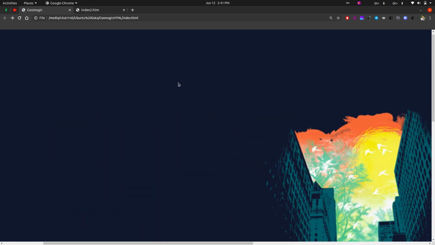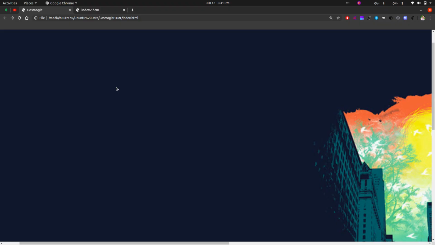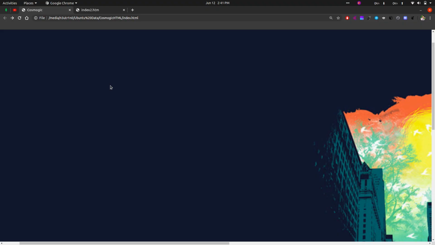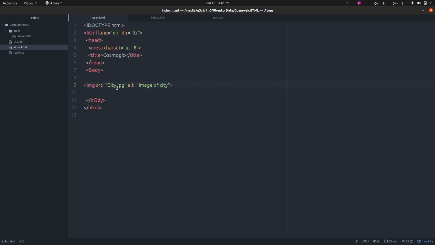Now, if I get the name wrong like this, with a capital C, and I refresh the page, you can see image of city. Now the image is not found, so it is showing us the alt attribute. Only when the image is not found will this work.